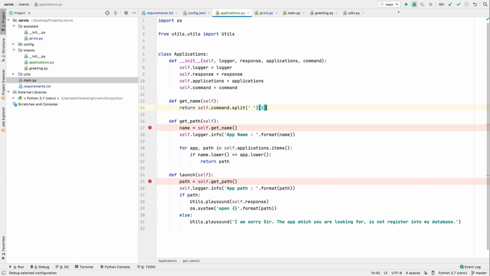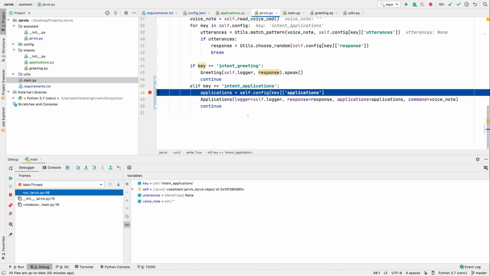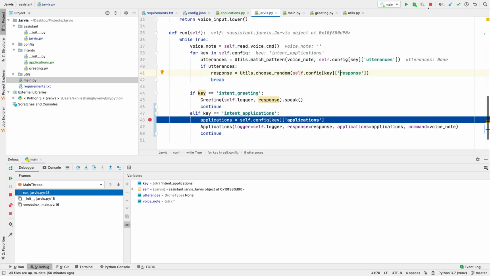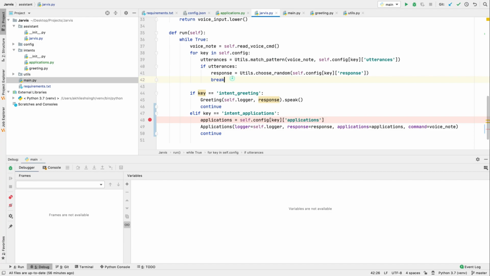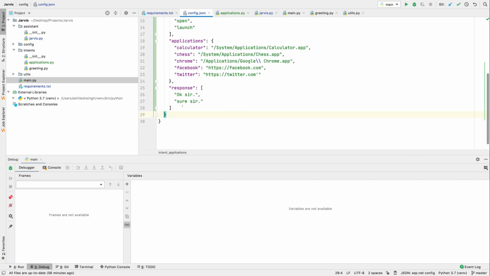So we have this main, and I'm going to debug it. Hello Jarvis. Okay, so it comes to this intent application. Why? Okay, so the issue is that it will execute for each of the intents, and it will just give the last index of the intent. So if I have any other intent below this application intent, then it will return that.